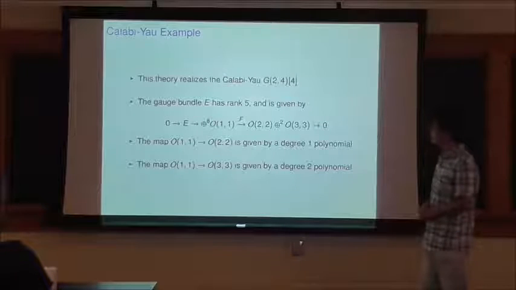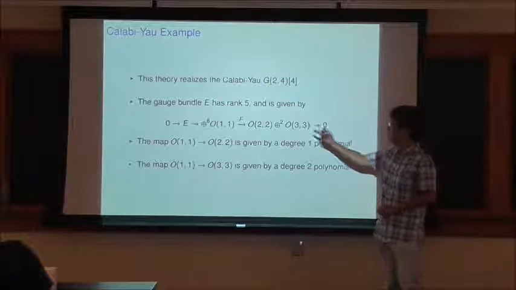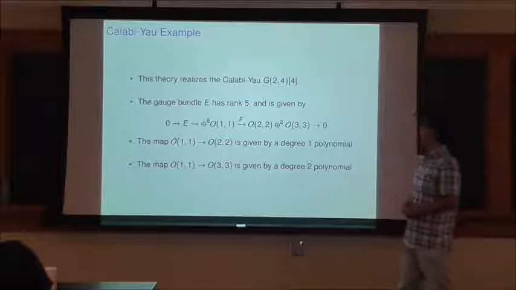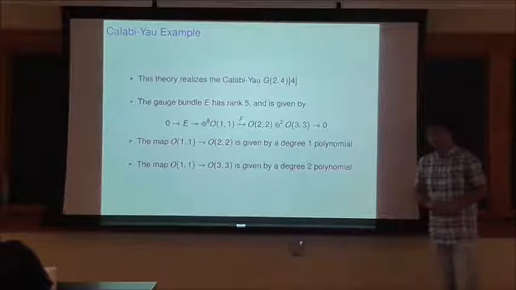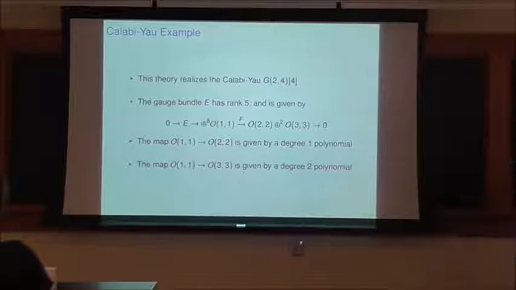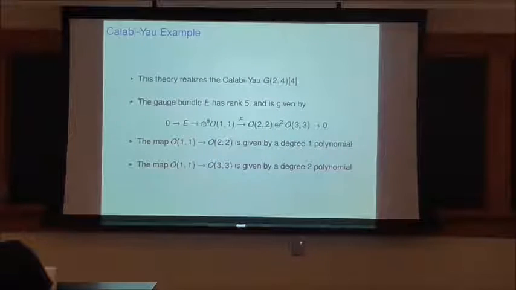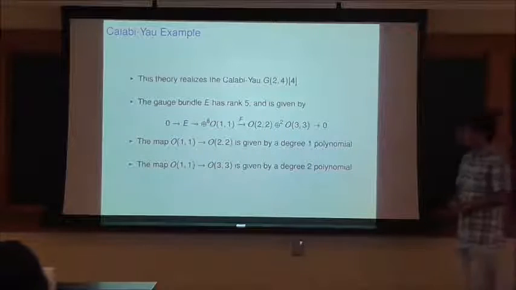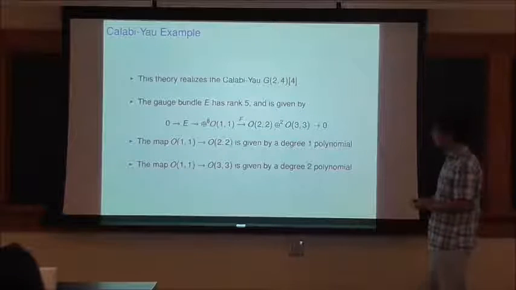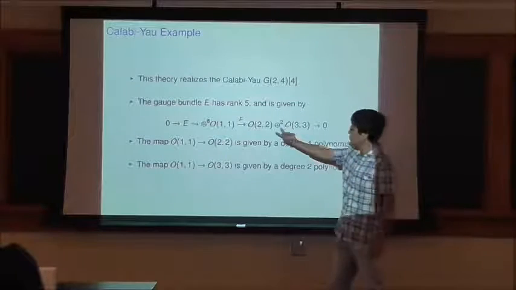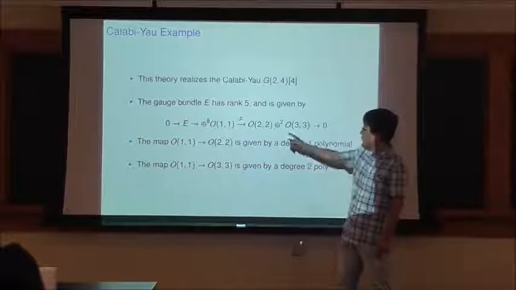And the gauge bundle is given by the kernel of the map F. Just as before, you have the second term in the superpotential, which defines the short exact sequence that gives the gauge bundle as the kernel. And of course, now you have two factors here, so you have to specify which one goes to which one